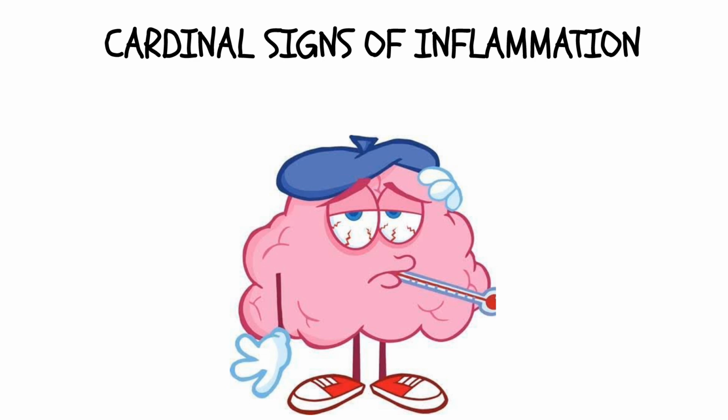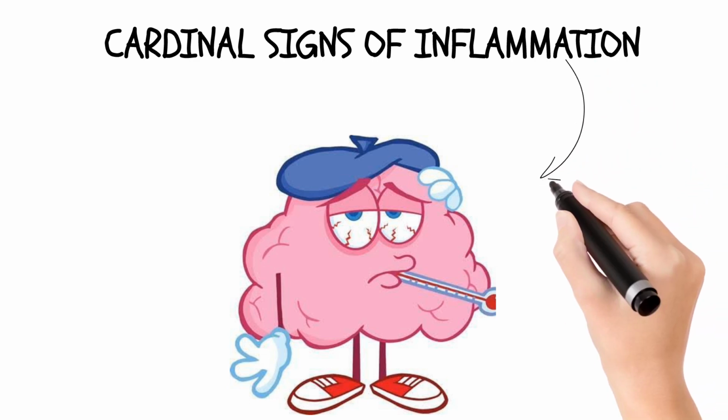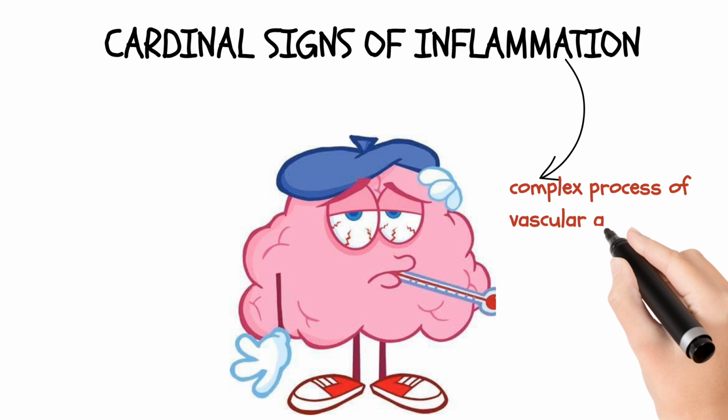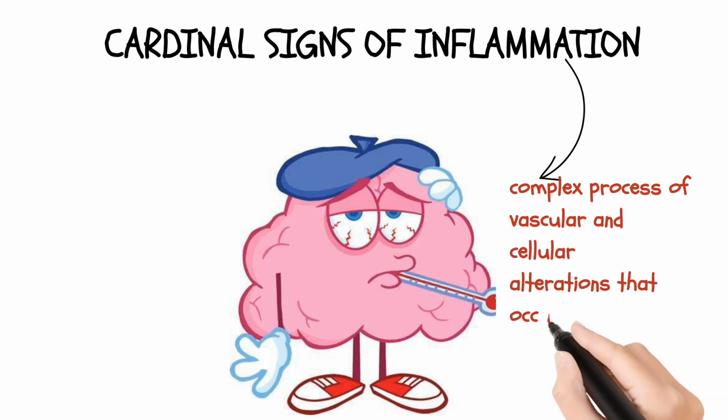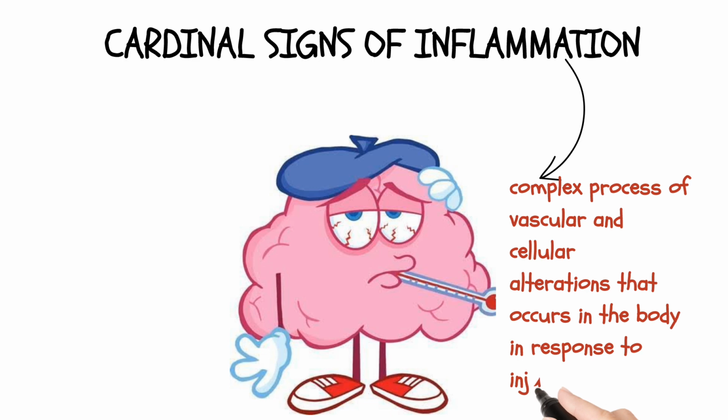Okay, let me give a little recap. Inflammation is a complex process of vascular and cellular alterations that occur in the body in response to injury. Inflammation is very beneficial to the body because it activates the already existing immune system to do its job in the body. And there are two types of inflammation: acute and chronic inflammation. I mentioned the etiology or the causes of inflammation, and in today's video, I'm talking about the